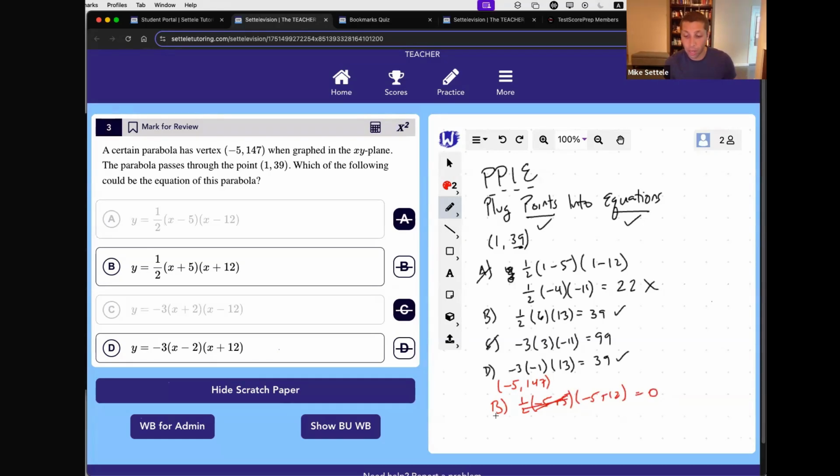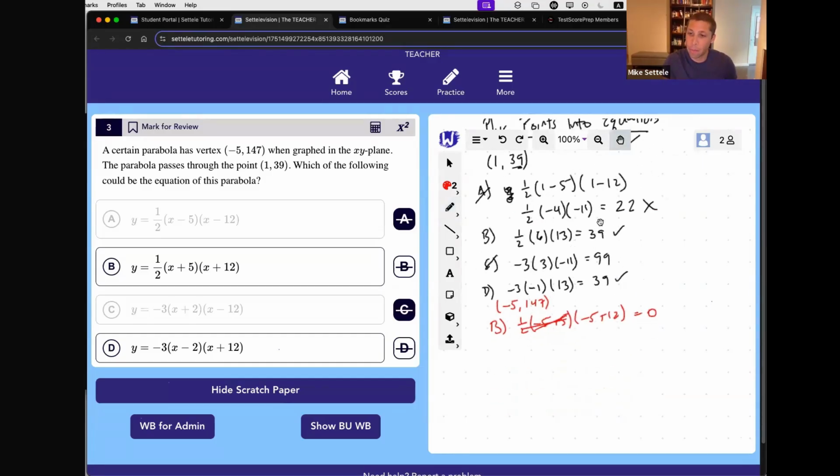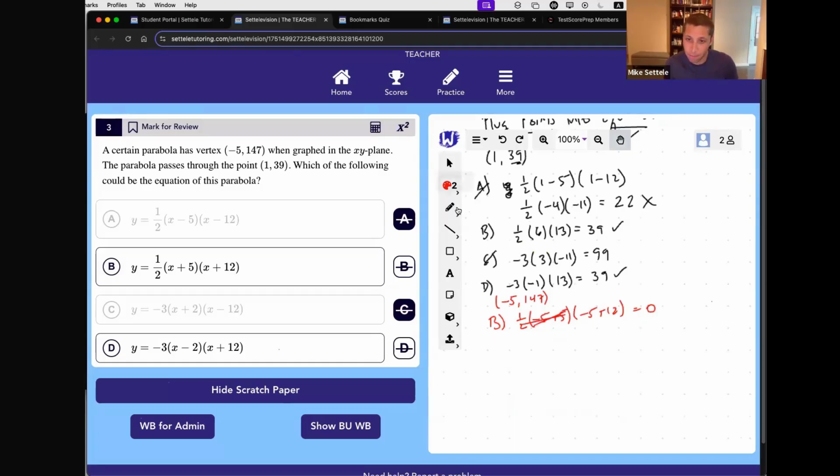So that doesn't seem right. And then, oh no, my pen doesn't work all the way down. D. Let's just double check, make sure, can't hurt. -3 times -5 minus 2 is -7. -5 plus 12 is +7. And finally, I'm going to reach for the calculator because -49 times -3 I can't do in my head, but luckily my calculator can do it for me, and it's 147, confirming that choice D is the answer.